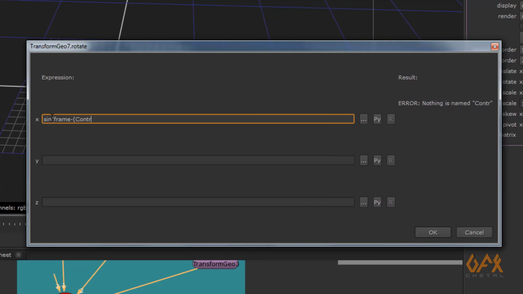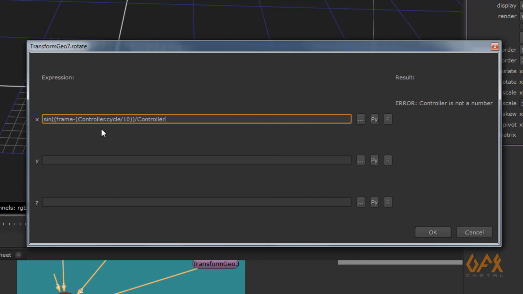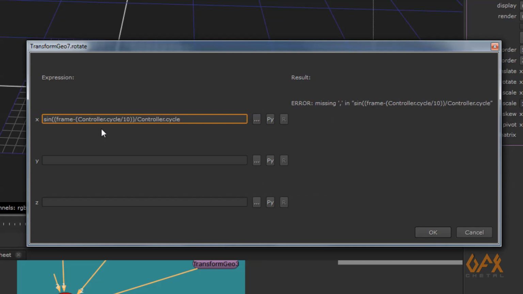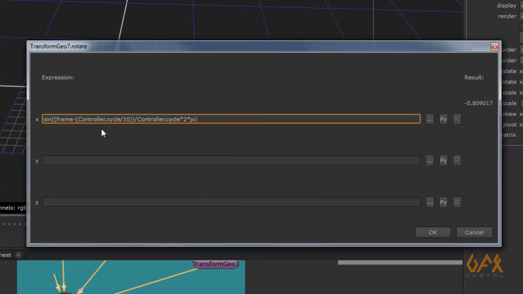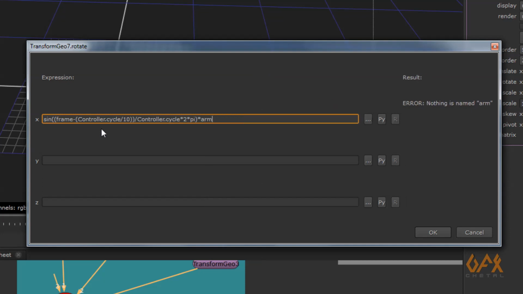So for that, controller dot cycle divided by 10 bracket over, divided by, so we should apply one more bracket like this, okay, and divided by controller dot cycle into 2 into pi bracket over, and multiply these things with arm